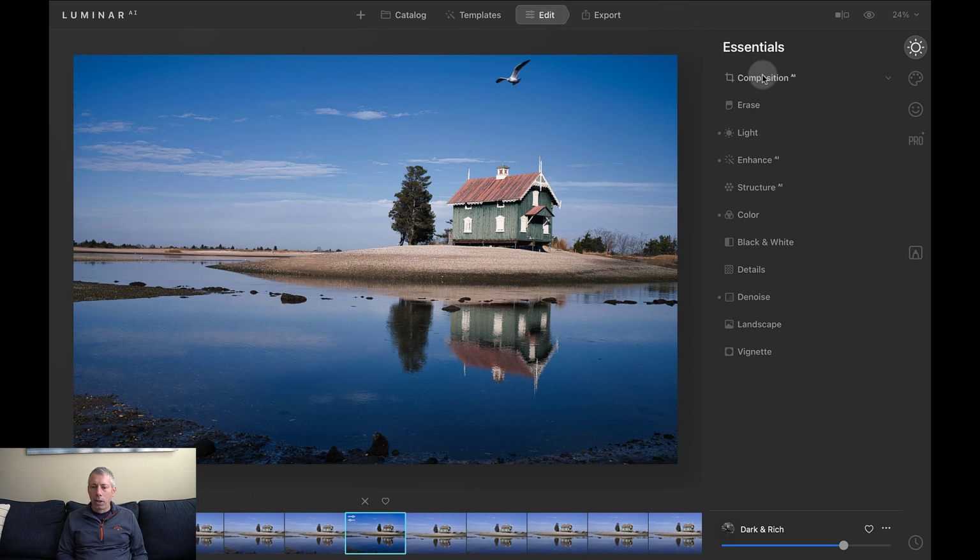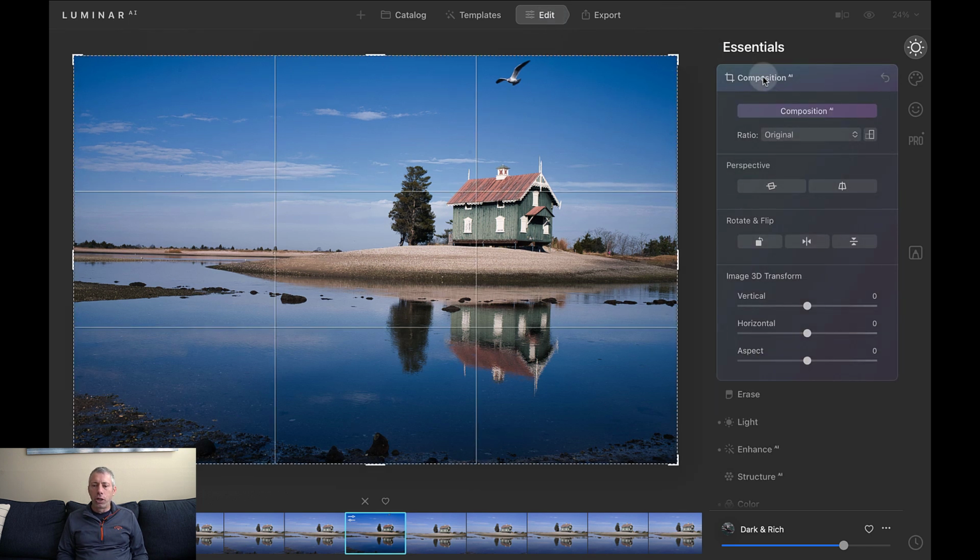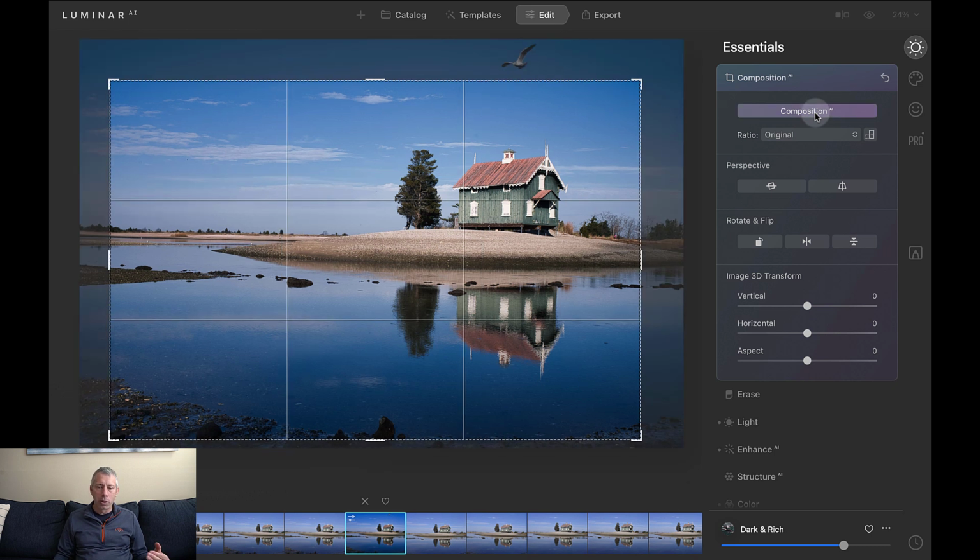Okay, so one of the fun features of Luminar AI is Composition AI, where the AI will look at this photo for you and suggest a crop. So the way to work this is just hit this button right here, Composition AI. It's going to analyze the image and it'll suggest a crop for us. Now, you see it really applied the rule of thirds very effectively there, putting the cottage right in that third corner,